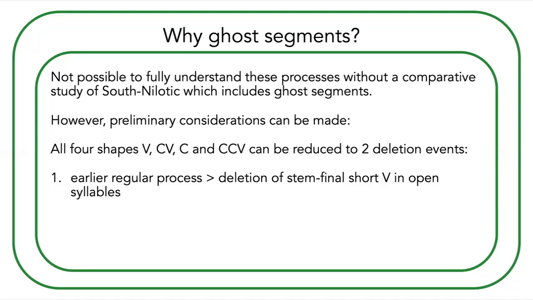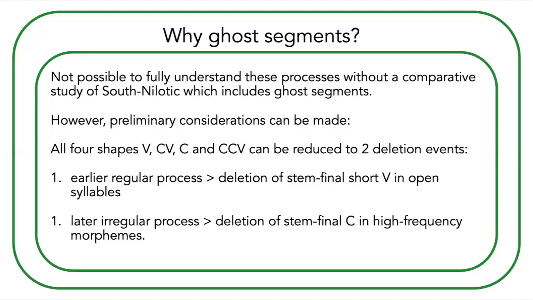So all four shapes, V, CV, C, and CCV, can be reduced to two deletion events. One must have been an earlier and regular process, which deleted stem final short vowels in open syllables, like we see in Datoga and we see in Teso-Turkana languages. And then a later, more irregular process, which deleted stem final consonants only in high frequency morphemes, like we've seen the singular suffix, or the word for person and the word for buck, which are very common in the vocabulary